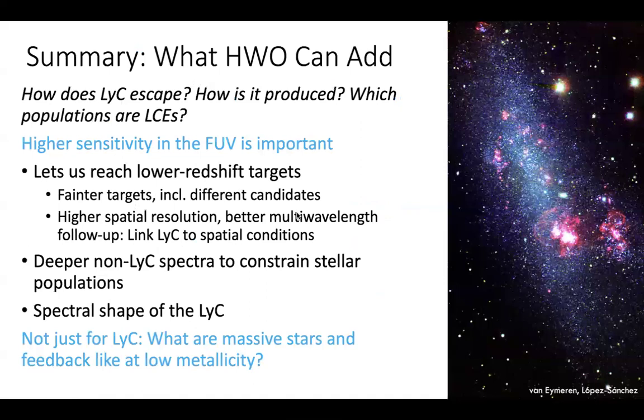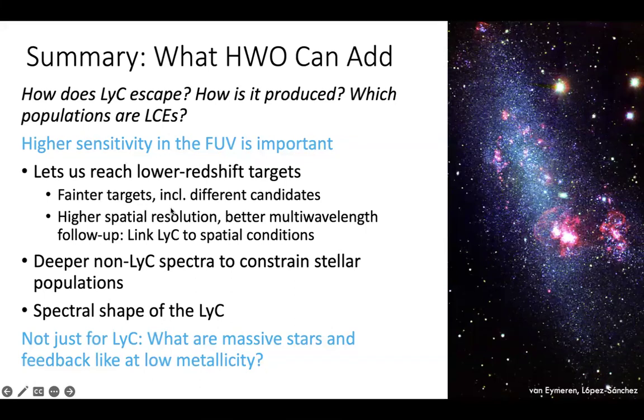So just to summarize, I think HWO can add some useful insights into how Lyman continuum escapes, at what energies, and what galaxy populations emit Lyman continuum. And to do that, really having this higher sensitivity in the far ultraviolet would be important to be able to start looking at things at lower redshift, where we can get different candidates, and also where we can follow up those candidates with a variety of other facilities. And not just studying the Lyman continuum, but also getting deeper ultraviolet spectra would be helpful to better understand stellar